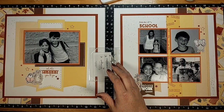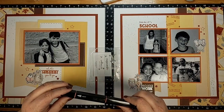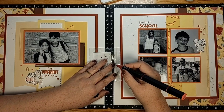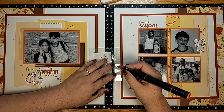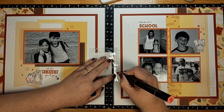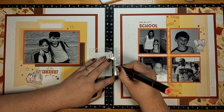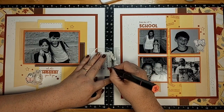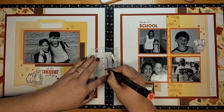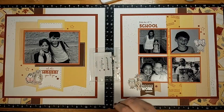Maybe we will use our dark red, the darkest of the dark red tri-blend marker. How many do we need? 1, 2, 3, 4, I think 5. So let's go ahead and we're going to just color with our marker. 1, 2, 3, 4, 5, and usually you let these sit for a minute or 2, but I'm going to go ahead and stick